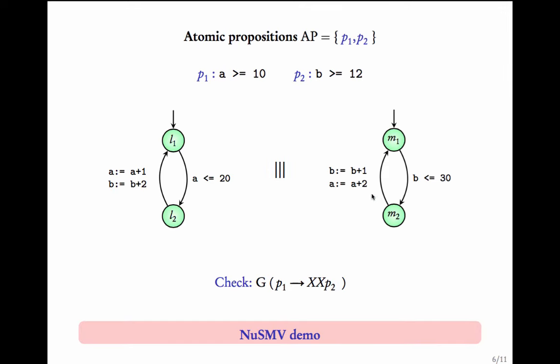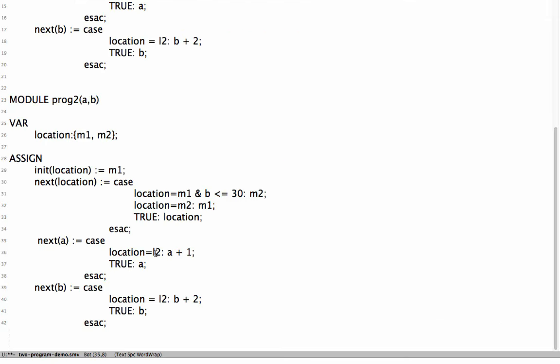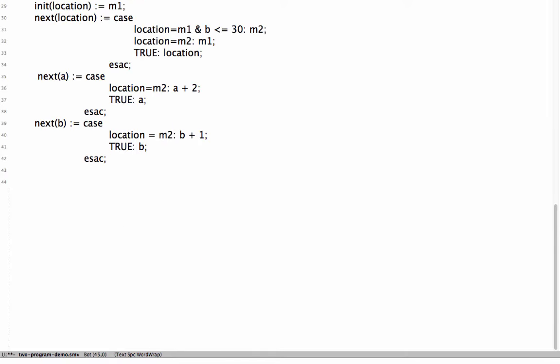From M2 to M1, it increments B by 1 and A by 2. So if location is M2, increment A by 2. If location is M2, increment B by 1. Now let us write the main module